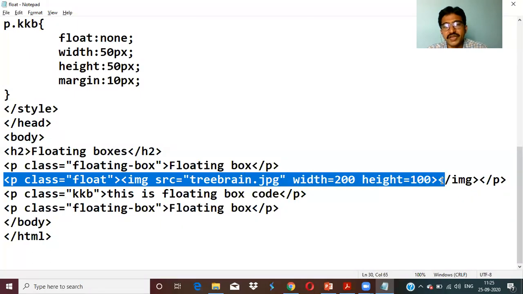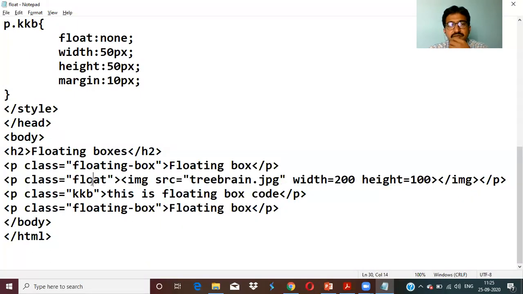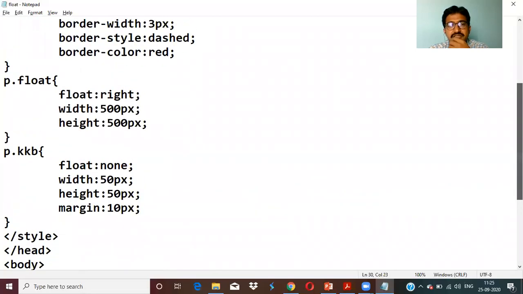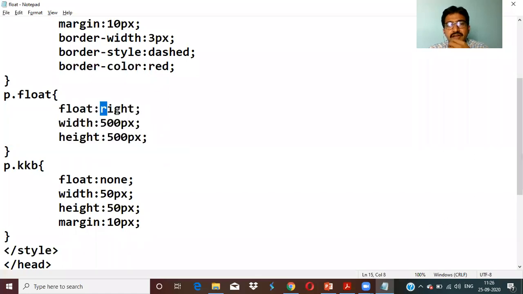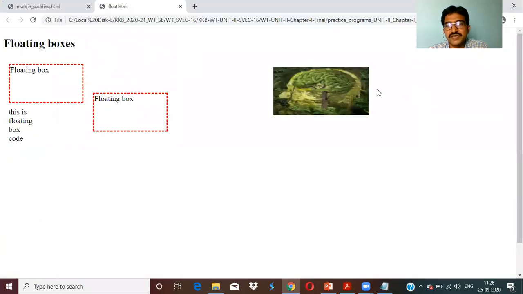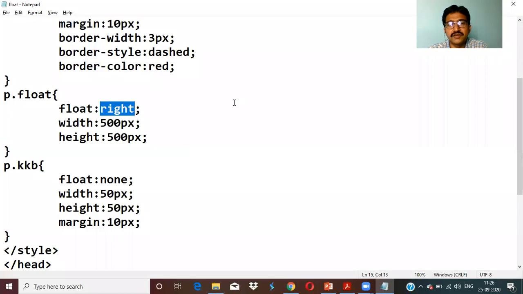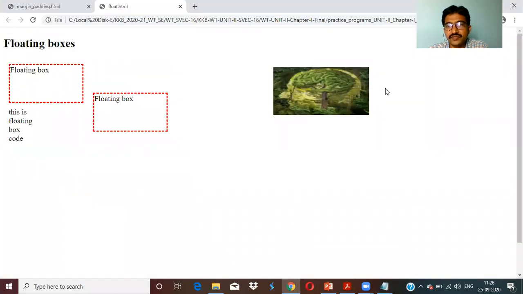I'm using an image of class float. Go to the float class. What is there in the float? Previously float is left. Here, float is right. The width and height in this class, the position of this, is 500 width and 500 pixels, from the right position and top.